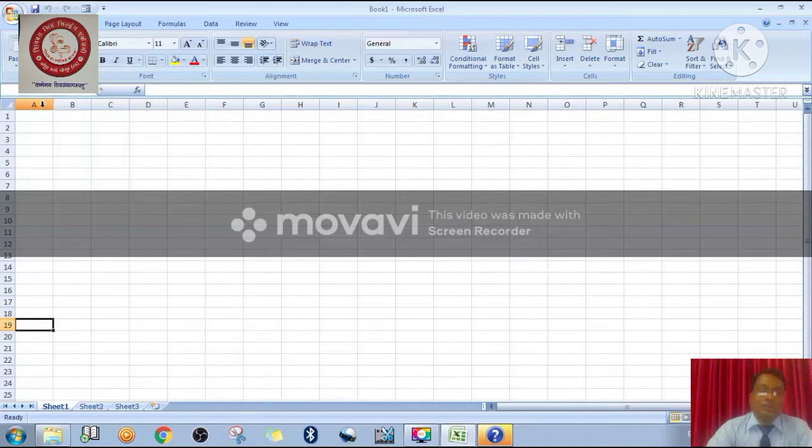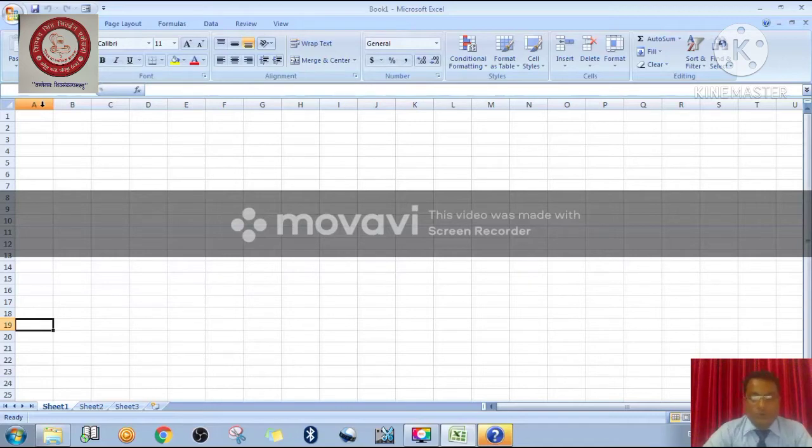Okay. So right now, if you are working on row number 19 and you are in any of the cells in the same row, and you want to come to the first cell, what you'll do here is just press the Home key. Immediately you will come to the first cell of that row only.